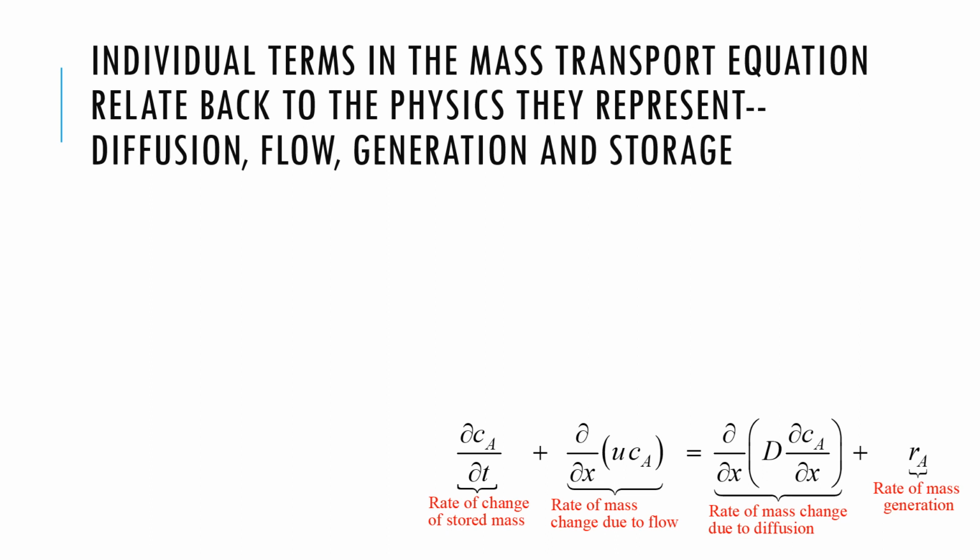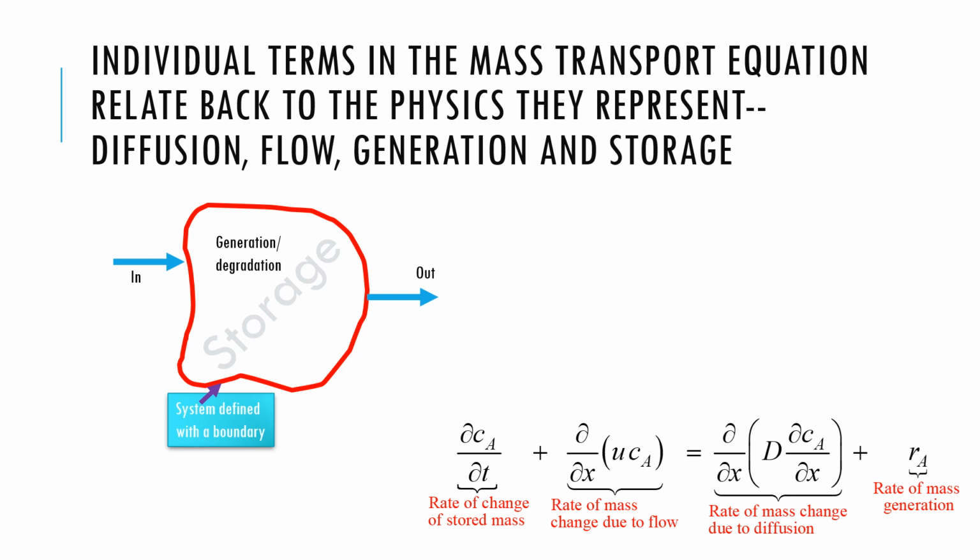We're not doing the detailed math on our own quite often for practical problems. So it's very important to keep track of what these terms represent. First term here, this one,